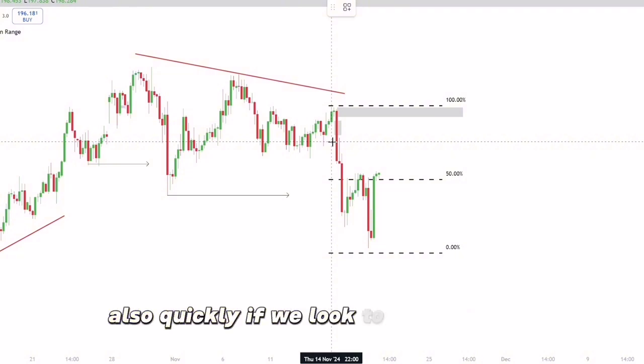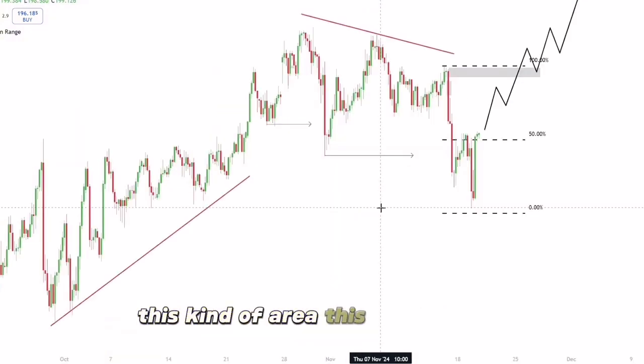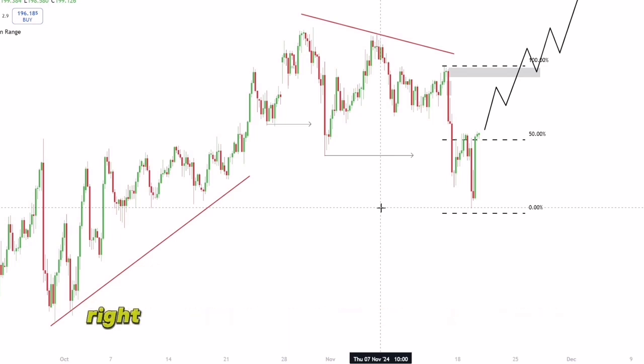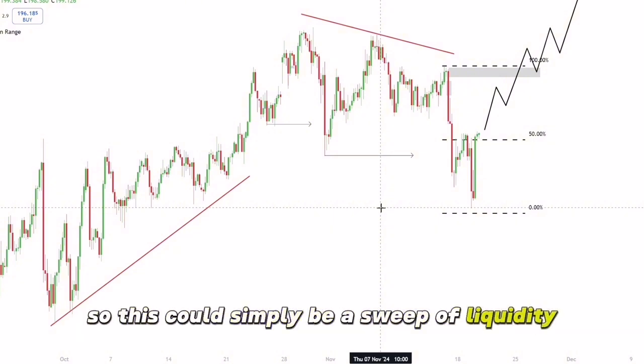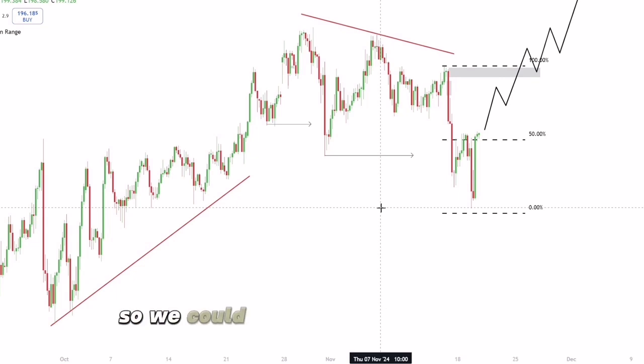Also, quickly, if we look to the left, right, this kind of area, this kind of bullish push over here hasn't come off any major fair value gaps, right? Over here, the price is pretty efficient. We haven't got too many fair value gaps, right? So this could simply be a sweep of liquidity. We are Tuesday going on to Wednesday, so we could see that low of the week, that weekly Judah swing